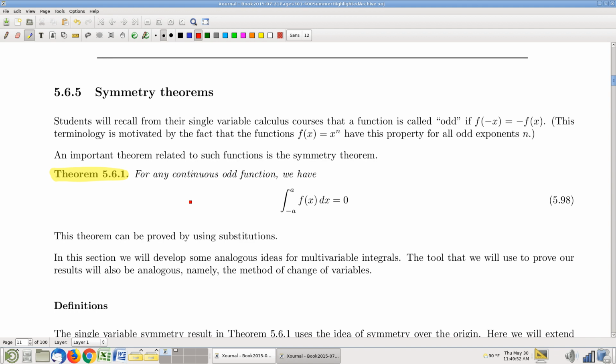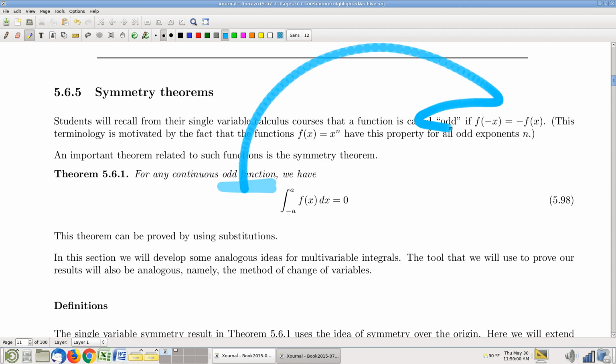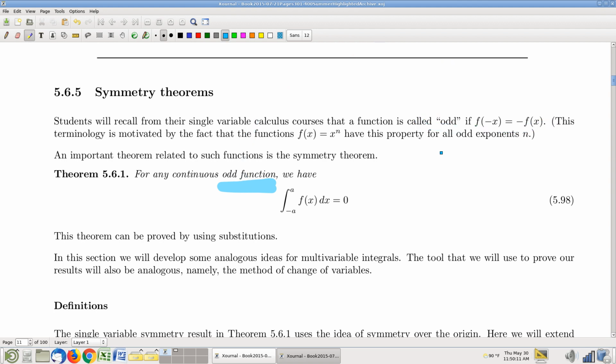I'm going to start off with this one that y'all have seen before. I hope you've seen this before. But if you have an odd function, that is a function where if you put in negative x to the input, then you get the negative of the value of the function as the output. They call these odd functions because odd values of n here make functions that have this property. Okay, if you have an odd function, this integral is 0,